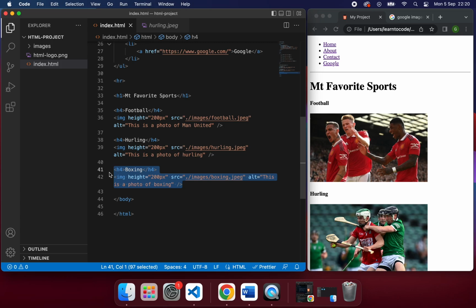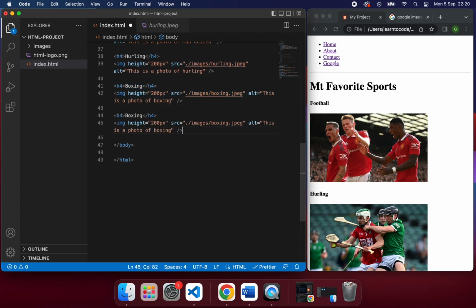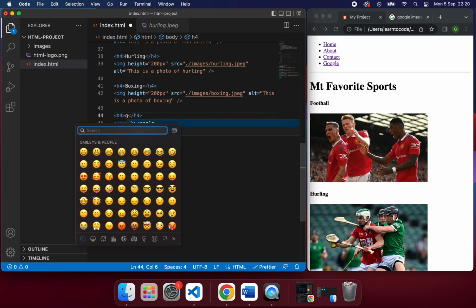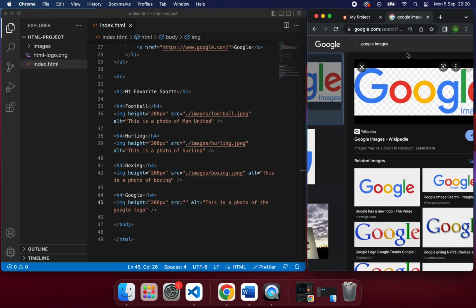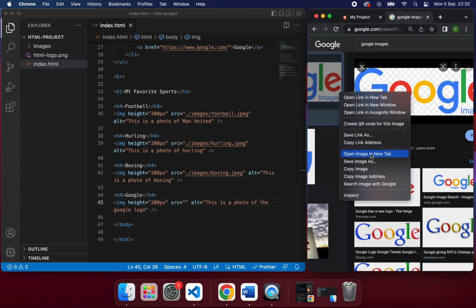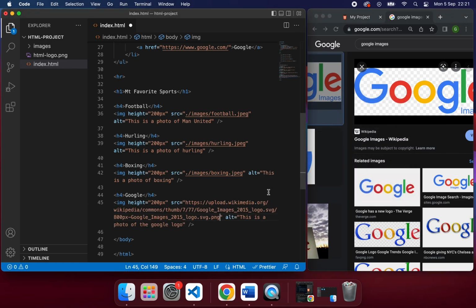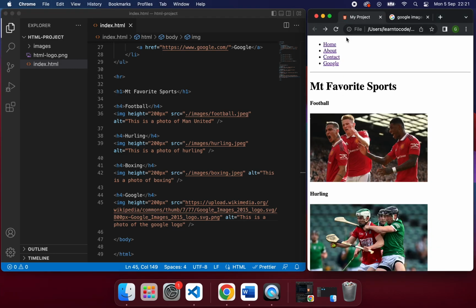Okay, so now that we've done that, we're going to look at adding an image if the image isn't saved already in our file. So we're going to put in Google here, and this is a photo of the Google logo. Okay, and we've deleted that image. Remember, we downloaded the Google image earlier, the logo. We've actually deleted that. So I want to get this image without saving it. So I'm going to right click on the image, and I'm going to say copy image address. So we'll do that, and we'll paste this address in here. Okay, and now when we hit refresh,